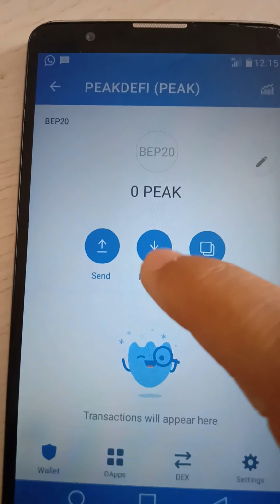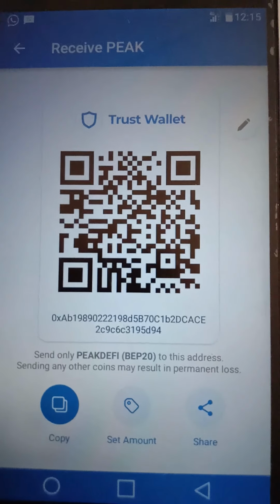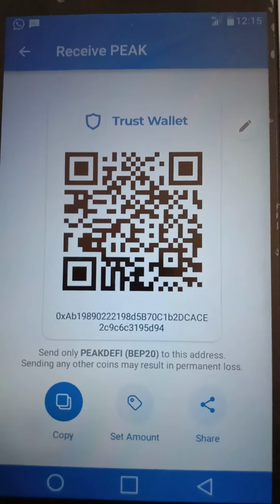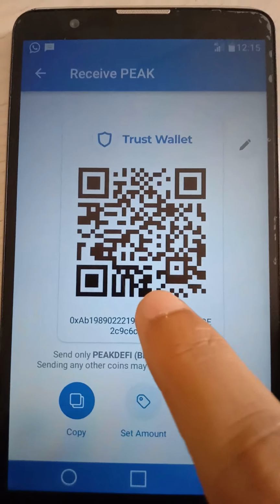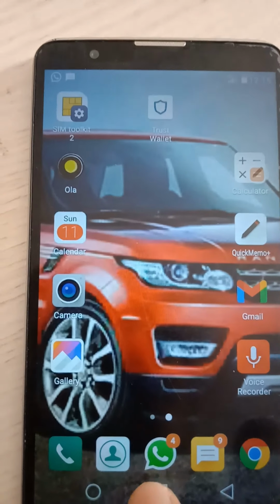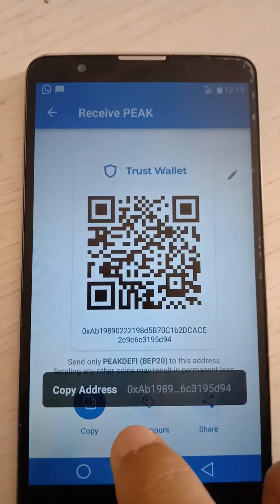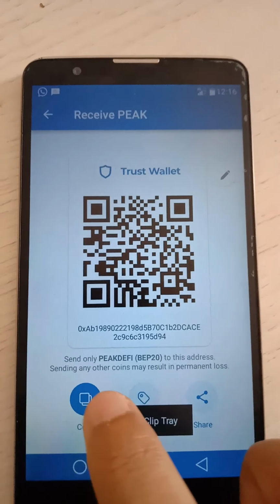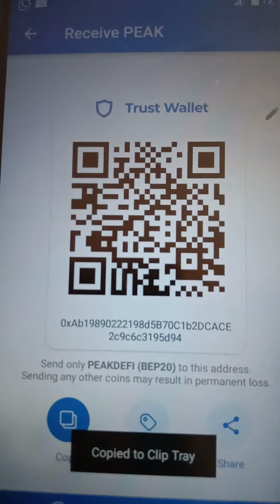If you click on receive, you will see the wallet address of BEP20. Just copy this address, click on copy here, and the address is copied, and this is how you are copying your address.